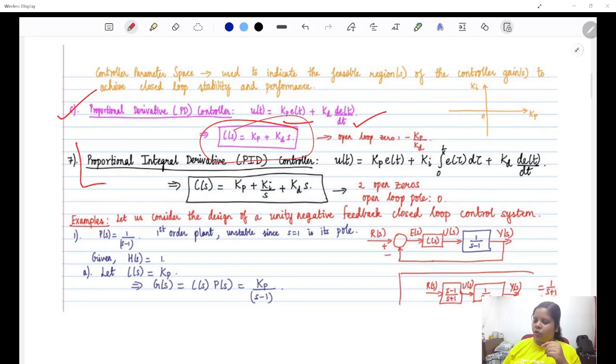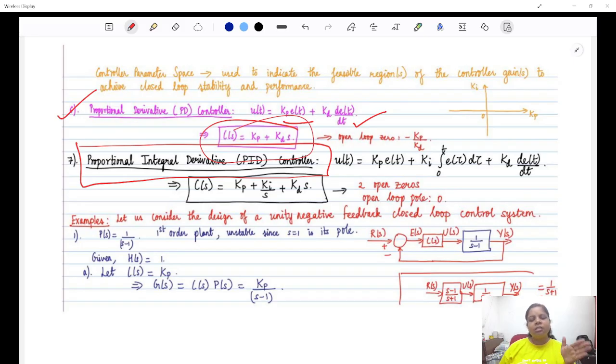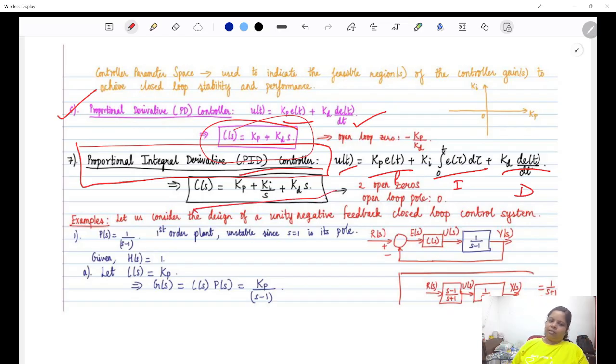And the very commonly used controller is the PID controller. This is the most basic form of controller that is being used everywhere and anywhere. If you proceed with control systems in the electrical domain, in the mechanical domain, in the robotics domain, anywhere, PID controller is the one that you are going to have a first try on. If you are using Arduino, or Raspberry Pi, this is the very first controller that you are going to write. Okay, so it is u(t) is equal to, first, the proportional term, so this is for P, this is for I, and this is for D. You simplify it, you get the following: Kp plus Ki by s plus Kd into s. Right? I hope this makes sense. So from here the controller part is clear.